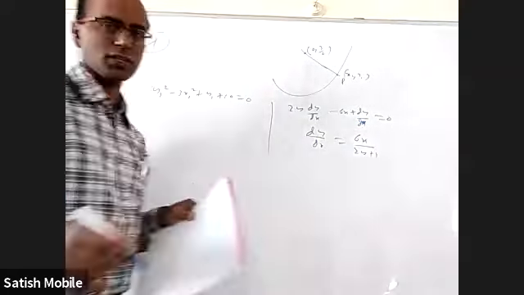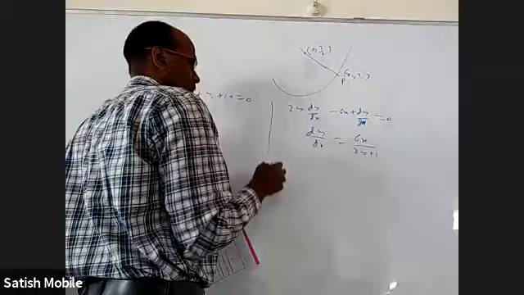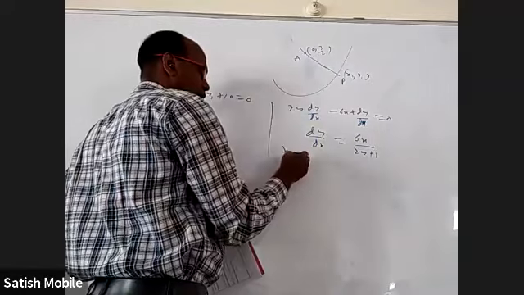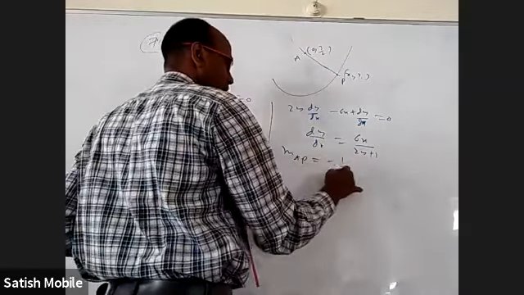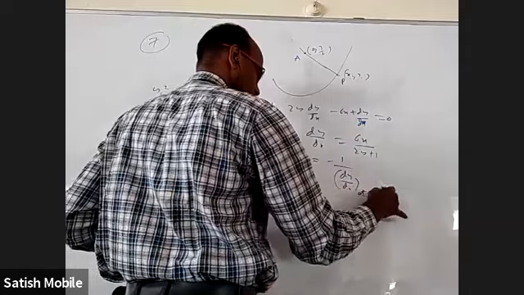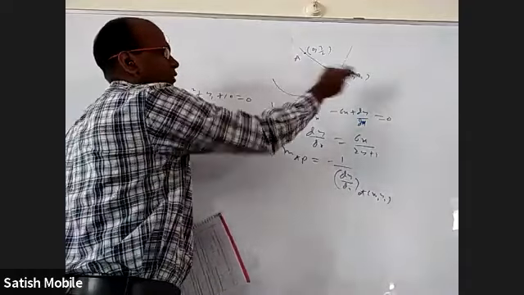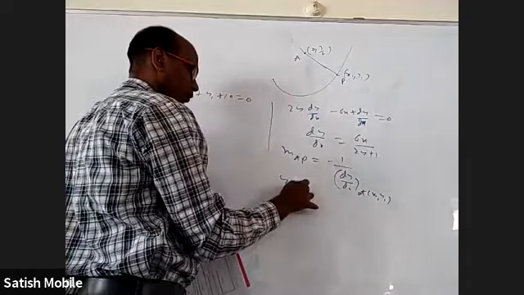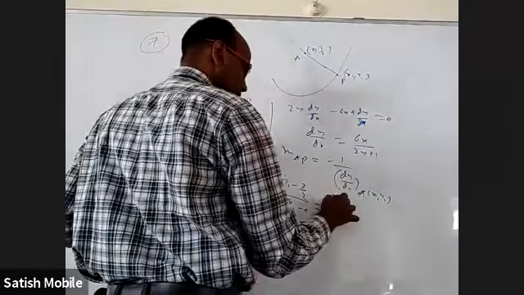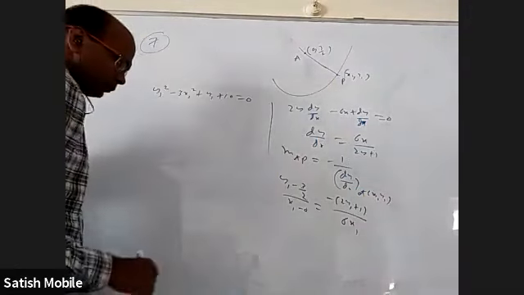The slope of the tangent is this. The slope of the normal will be the reciprocal. And what is the equation of the normal? Or let me do one thing. I'll call this point A. I'll find the slope of AP, which is the same as minus 1 by dy by dx at x1, comma y1. Same line, slope in two different ways. One is y2 minus y1 by x2 minus x1. I will get y1 minus 3 by 2 by x1 minus 0. Another one is minus of 2y1 plus 1 by 6x1.